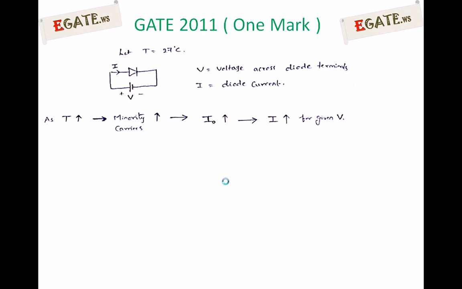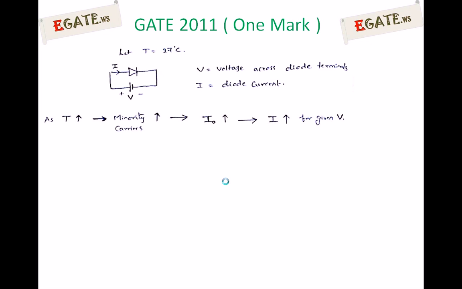For the given V, we are not changing the applied voltage, but we are changing the temperature. As temperature changes, more covalent bonds break, more minority carriers are created, that is more reverse saturation current, so there is more forward current for the same voltage. If you are not changing the voltage, current increases as temperature increases. The same thing we can say in a different manner. If the diode is forward biased by a constant current, the current cannot change even though the temperature changes.